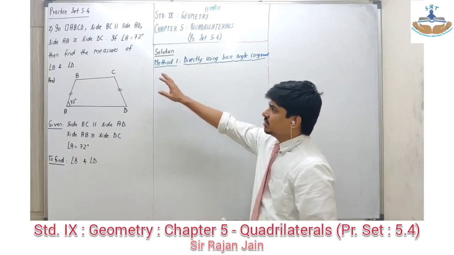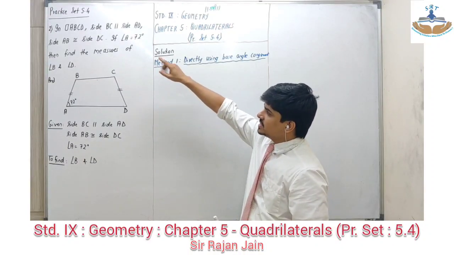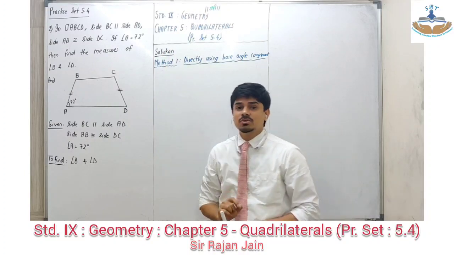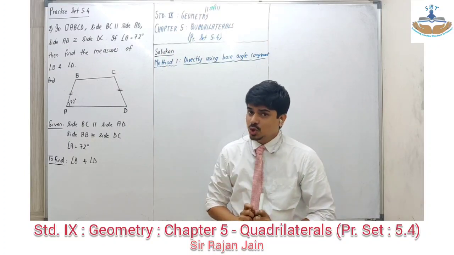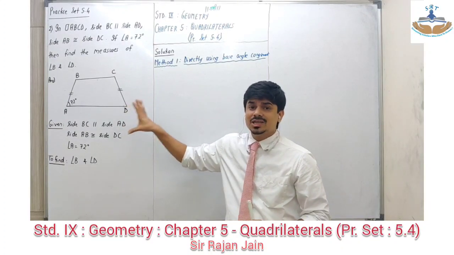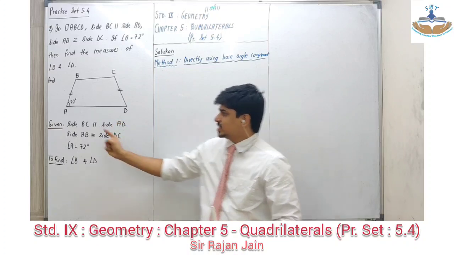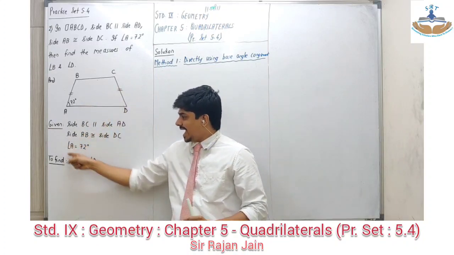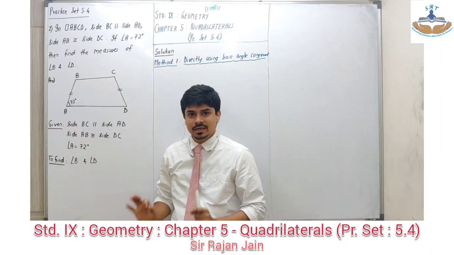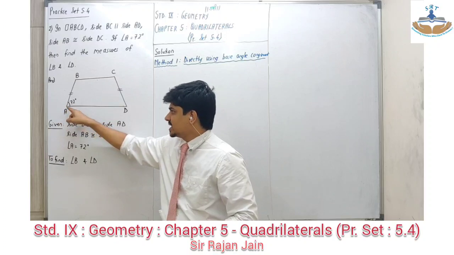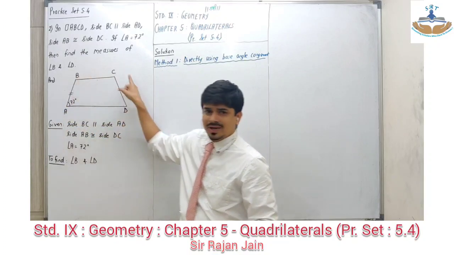Okay, students, now coming to question number 2. In quadrilateral ABCD, side BC is parallel to side AD. Again, students, in this question also, the diagram was not given. You have to draw the diagram in such a way that the condition gets satisfied. What is the condition? BC should be parallel to AD as per the naming. Angle A has to be an acute angle. So accordingly, I have named over here. Starting with vertex A, and I have named it in clockwise order.